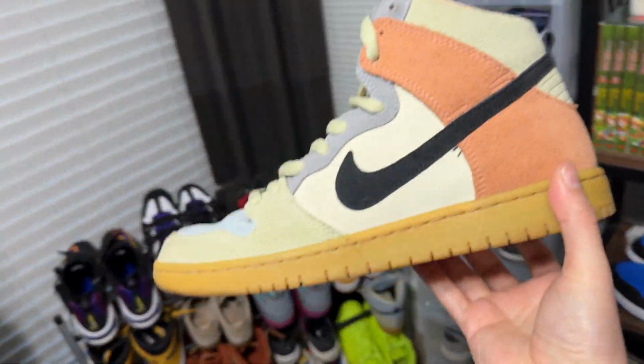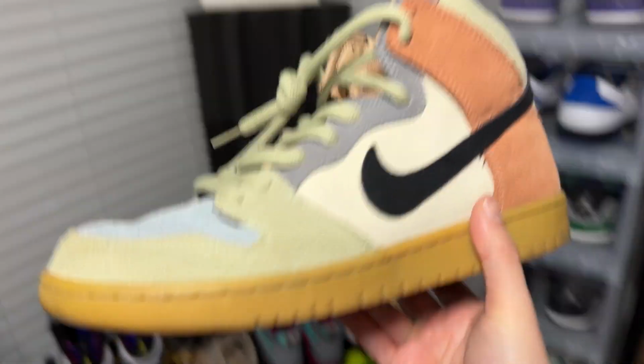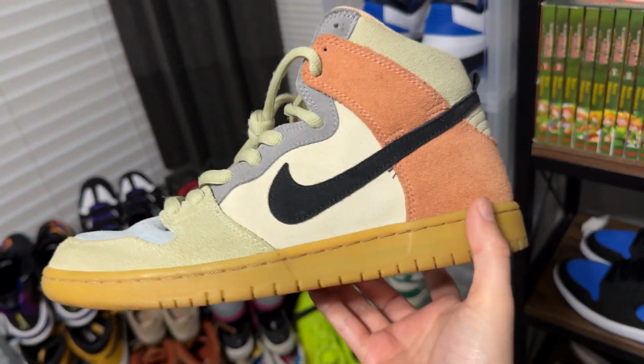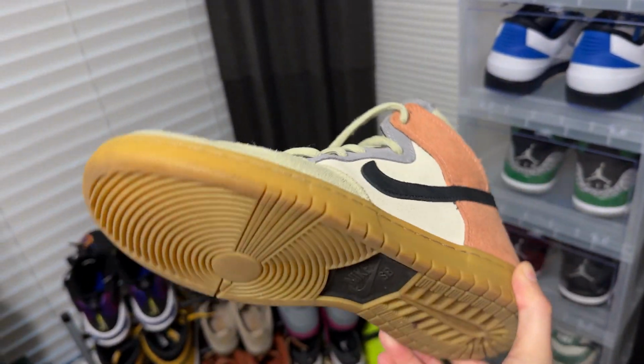Next up, I have my only SBs in my collection. These are the Spectrum SBs, high tops. The Lunar SB, the Spectrum SBs, I actually got these from Seth Fowler. If you follow sneaker content on YouTube, you know who Seth Fowler is. I bought these from one of his Whatnot streams, just because they were in my size and I never had any SBs, and I wanted to see what the whole